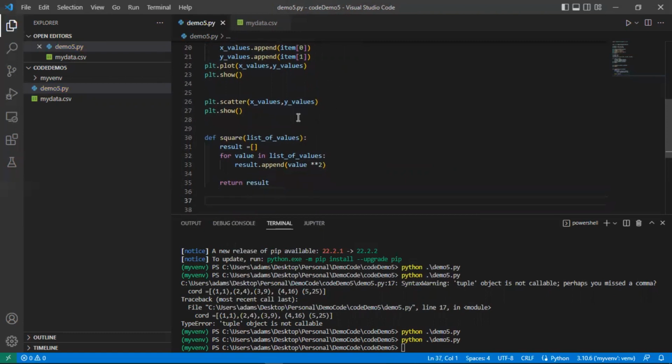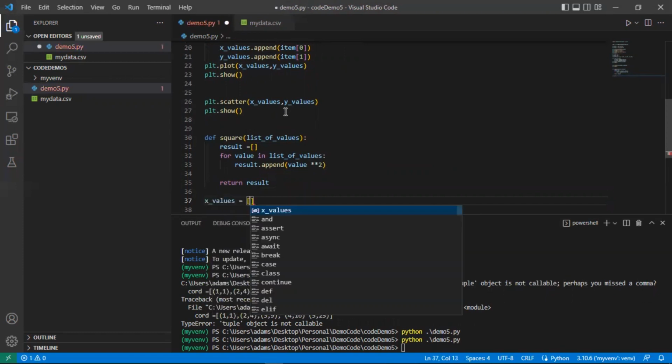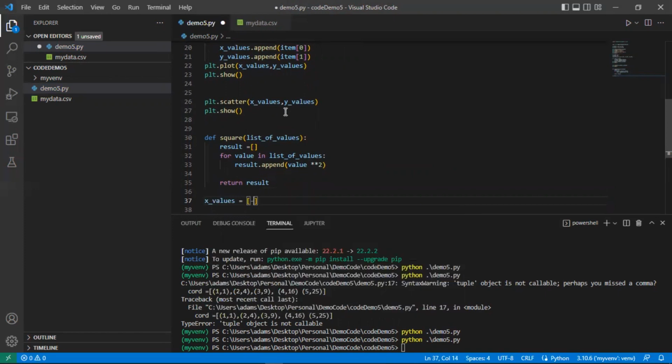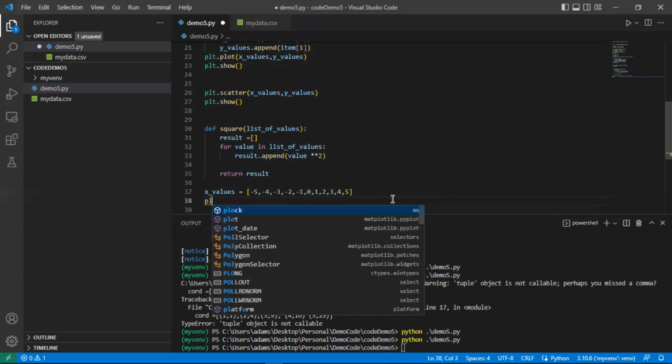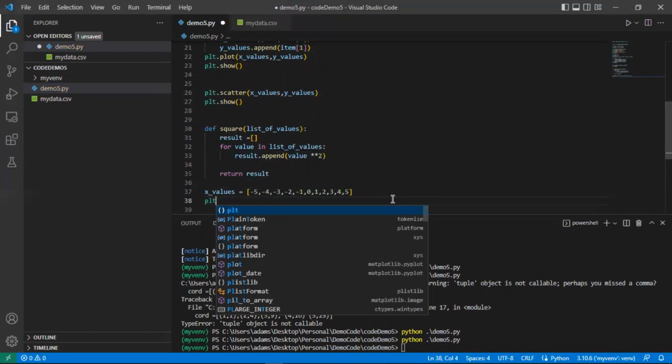Now that we have this, we can create a new set of X values. And here we're just going to go along with the parabola theme, but we'll start with the negatives as well. So we'll start with -5, comma, -4, -3, -2, -1, 0, 1, 2, 3, 4, 5. Okay, so we have our x values, but this time when we do the plot, we'll keep it as a scatter plot,